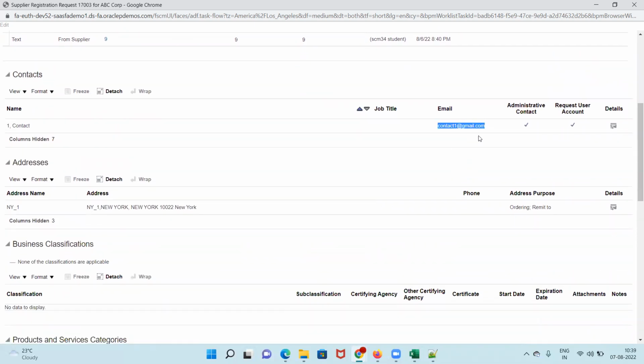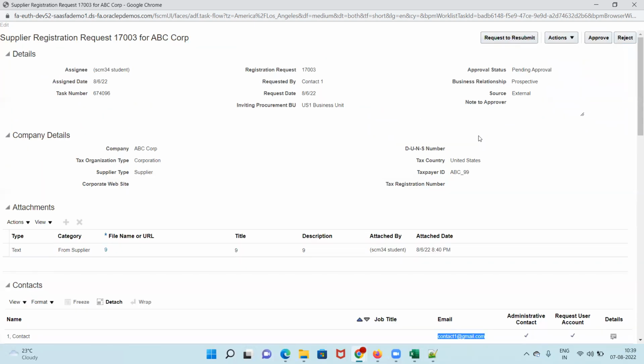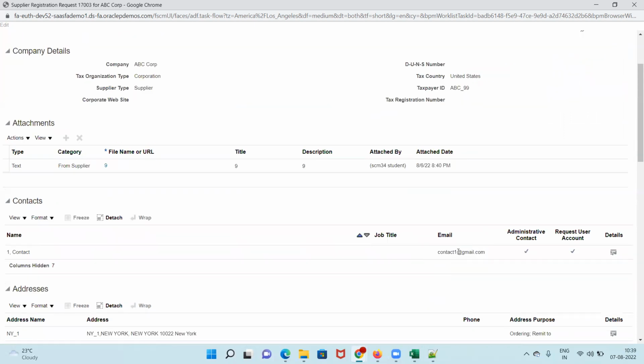contact1@gmail.com. System will send a notification to this email ID with your comments, like please upload, please update products and services, right? That is the comment, so that he can receive an email notification. That notification contains your comments, this email ID, right? In that email ID, system will send the comment, whatever comment you provided, and also that notification contains a link to